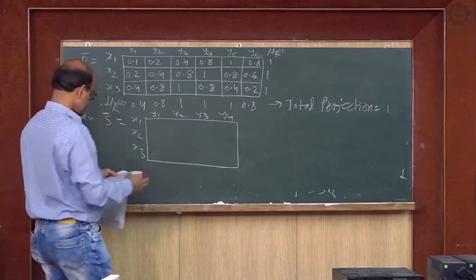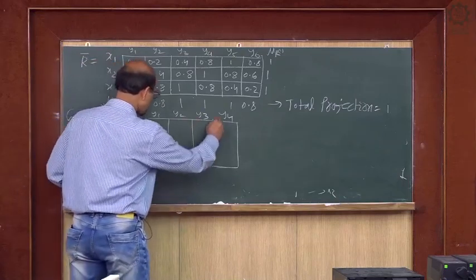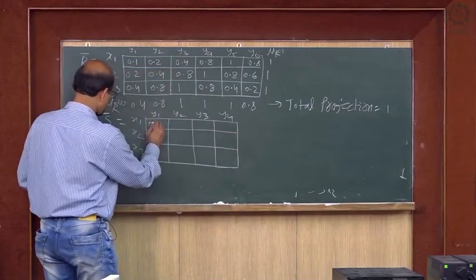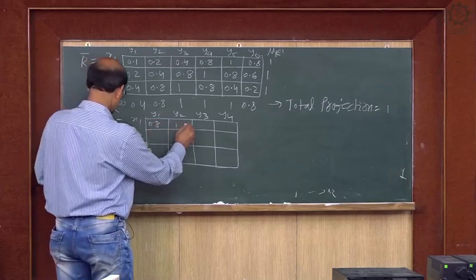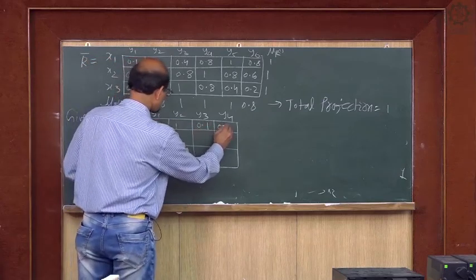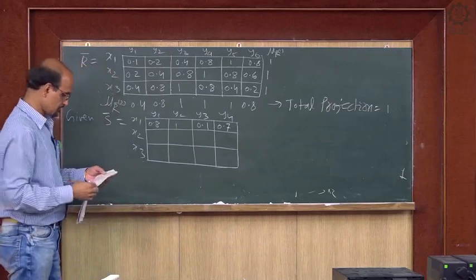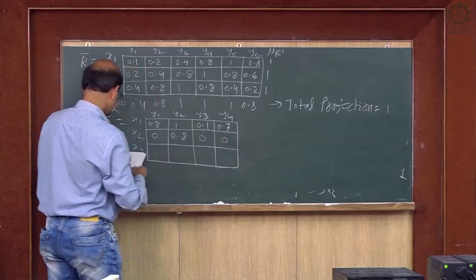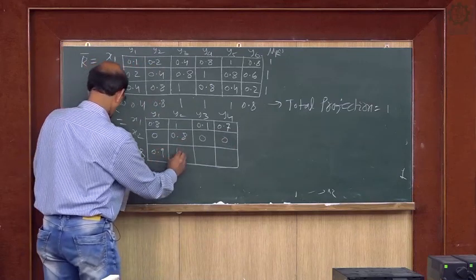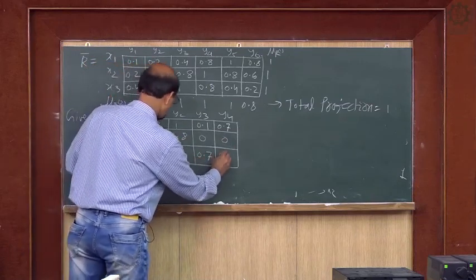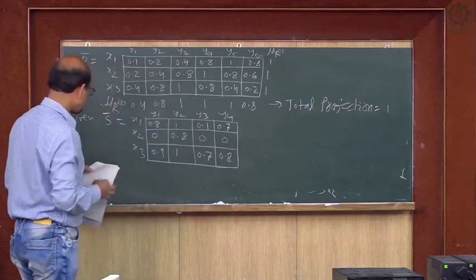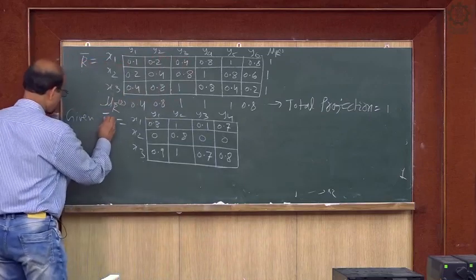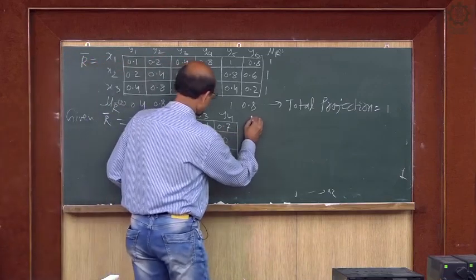So, these are given as 0.8, 1, 0.1, 0.7, first row, 0, 0.8, 0, 0, 0.9, 1, 0.7, 0.8. So, this is S bar, or let us take this as R bar, whatever you can take,